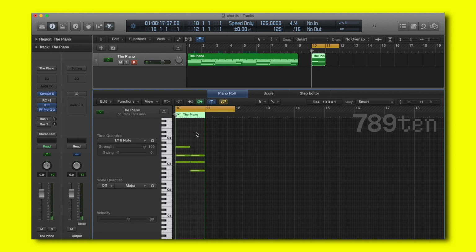it sonically sounds correct, but it doesn't flow smoothly because the pianist in real life would have to jump his whole hand from the C sharp chord to the A chord. And he can make his life much easier by inverting specific notes, as I mentioned earlier on, to different octaves to then make them flow a little easier. As you can tell now, these chords flow a little more smoothly because the pianist doesn't have to move his